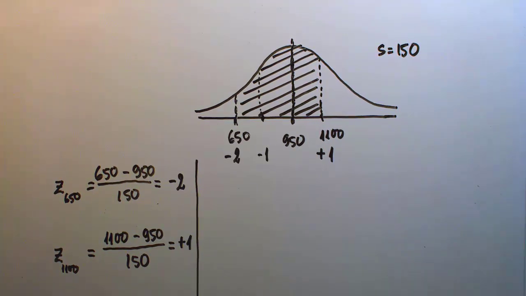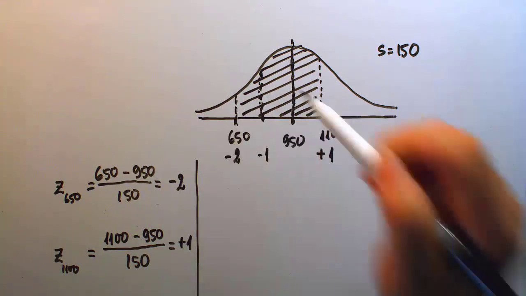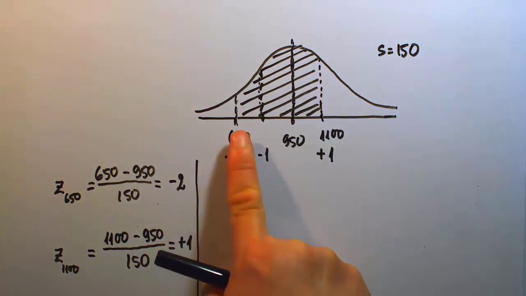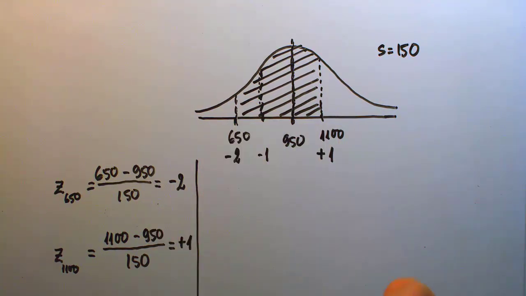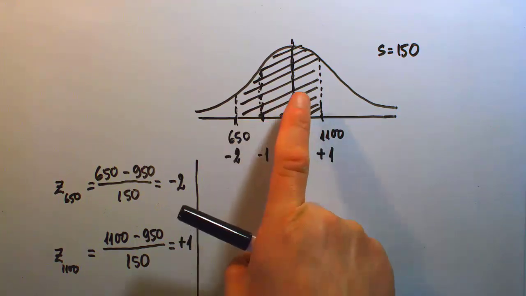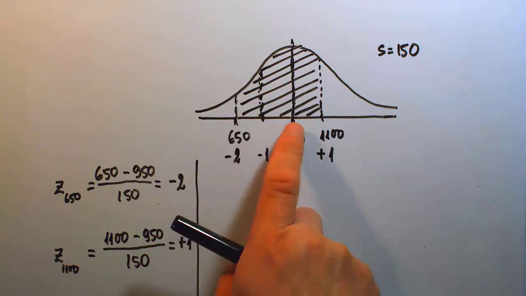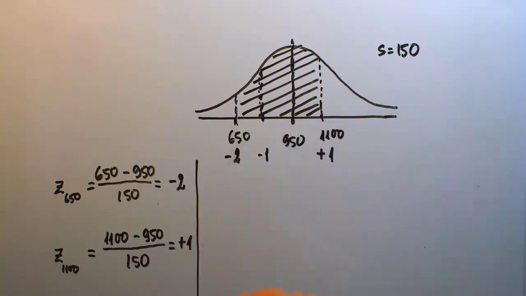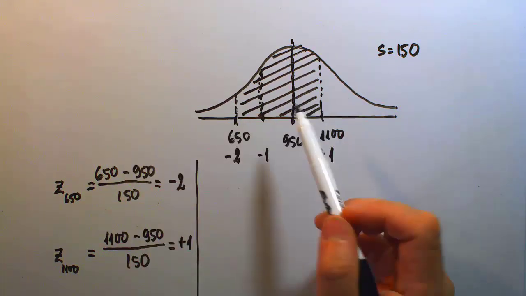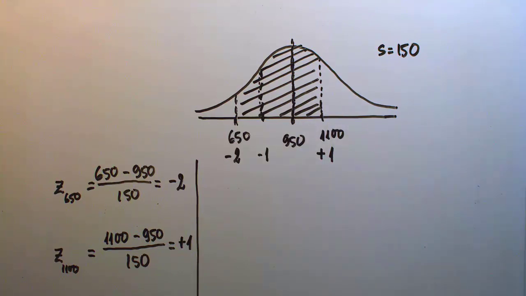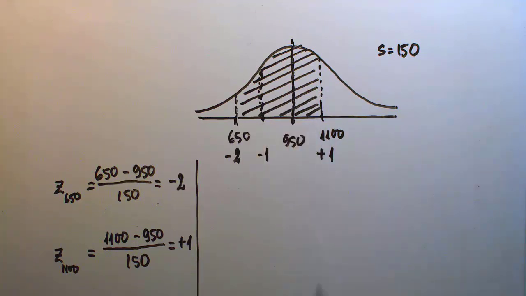Alright, so now after seeing that clear picture with all the proper notation here, it looks like the total area we're looking for came out from an accumulation. I have to use that term accumulation because we have more than one piece of little area. There's a piece here between -2 and -1. There's another piece here between -1 and 0. And those -1 or -2 indicate how many standard deviations away from the mean. So we have 3 little pieces of area. To find that total area being shaded in our picture,